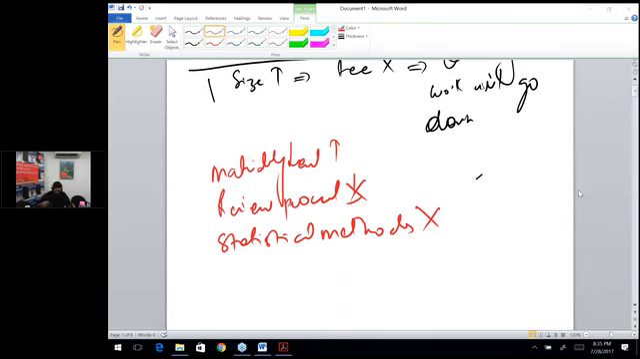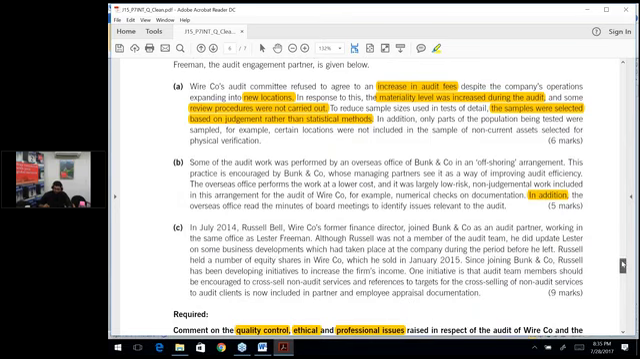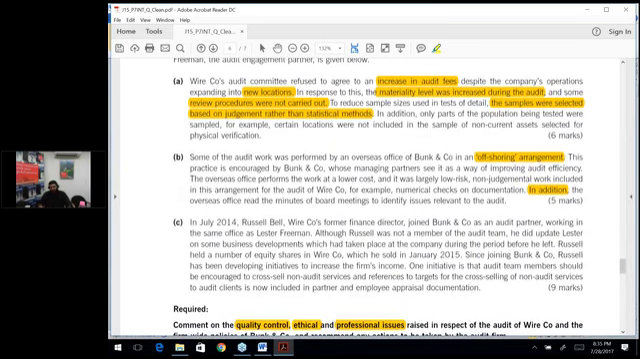Now what next? It says some of the audit work was performed by an overseas office of Bank and Company in an offshoring arrangement. Now what's offshoring? There's something called outsourcing and there's something called offshoring. Offshoring is when you set up your office in a distant location where you find cheaper labor. Like for example, a company might set up its own call center. It's not outsourcing. It might set up its own call center in India, because at times a lot of European companies prefer to set up their call center in India or in Pakistan, because these countries usually provide cheap services, cheap in terms of the money, not in terms of the quality. So that's how it goes. So offshoring is basically having your own